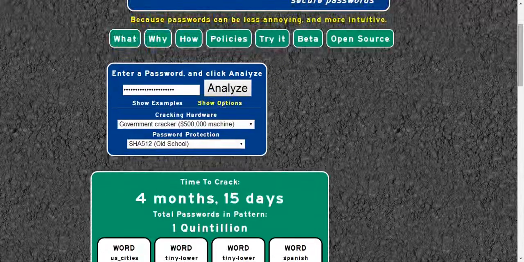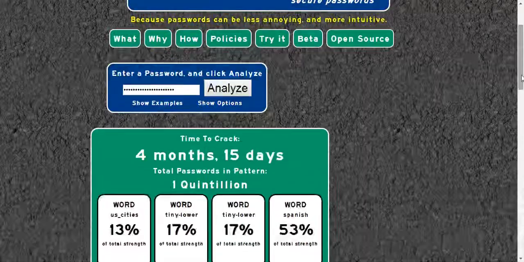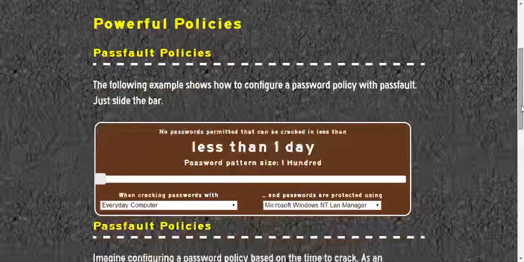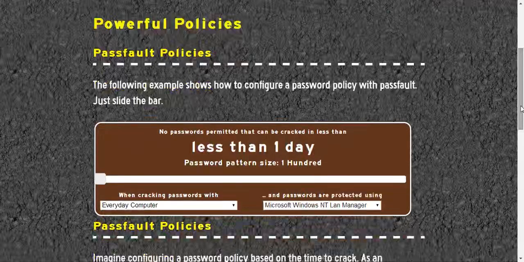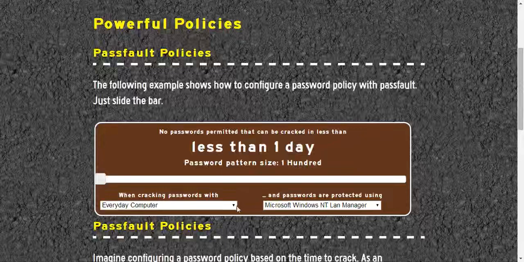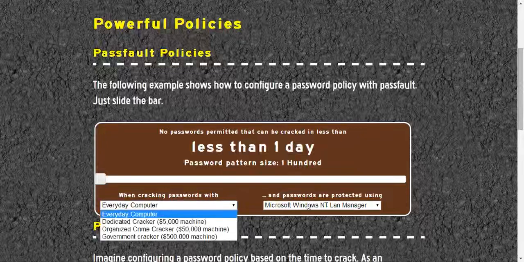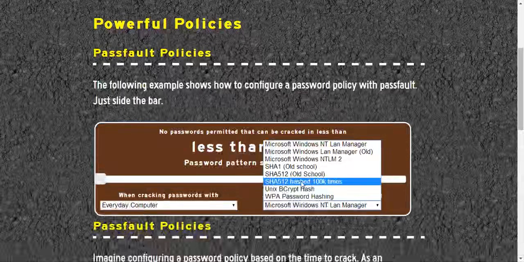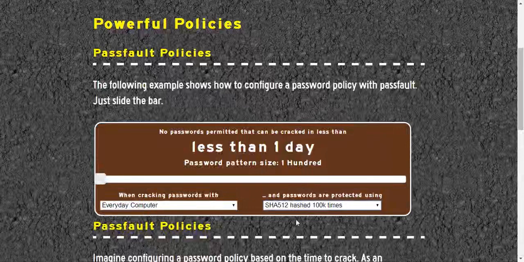And I think this is, let's go to the password policy. This is exciting from the policy standpoint because your password policy now, instead of trying to guess how many uppercase, how many lowercase, how many repeated, how long do I want my password to be, you have this estimate of time to crack here. You can tell your password policy how you protect it. Let's say you protect it with 100,000 times of SHA-512.